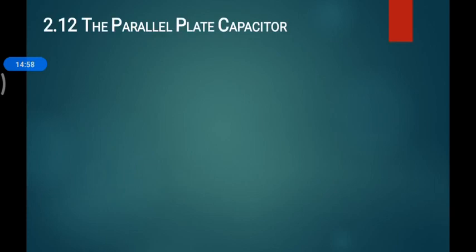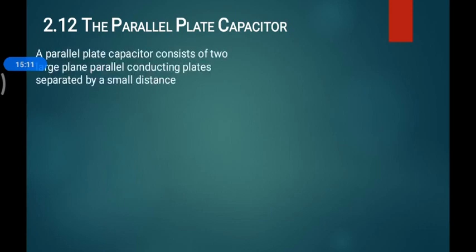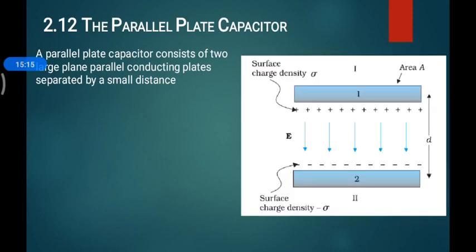So this is exactly the meaning of capacitor and capacitance. Capacitor is the device, and capacitance is C equals Q by V, with the unit farad, then microfarad, nanofarad and picofarad. Now we come to a particular kind of capacitor: a parallel plate capacitor consisting of two large parallel plates. This is a very important topic from the exam point of view.